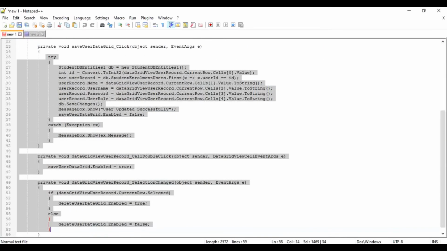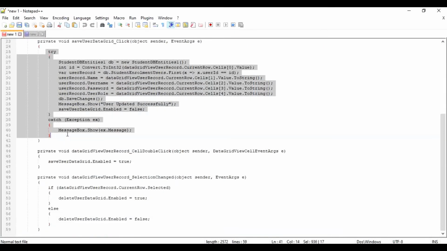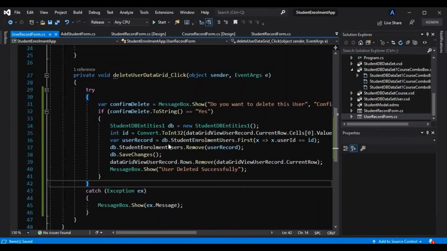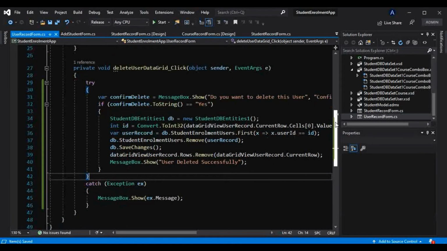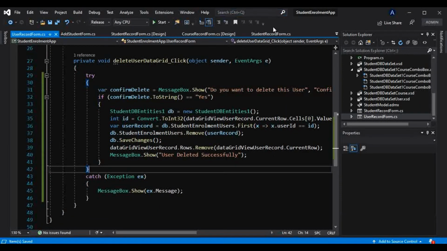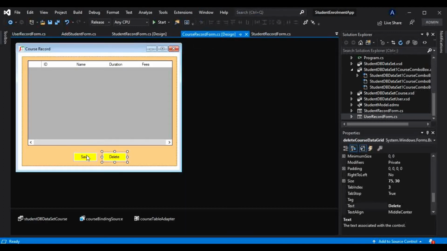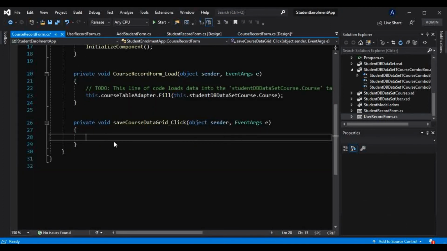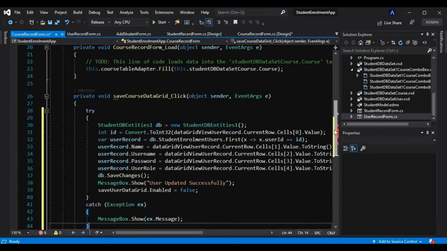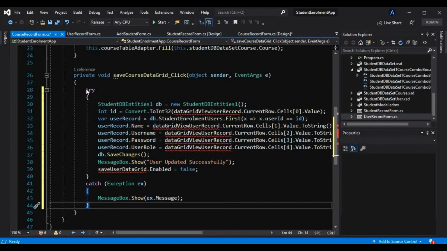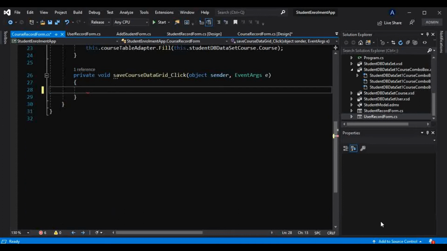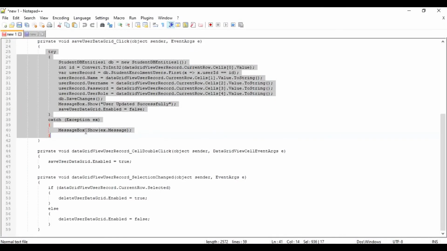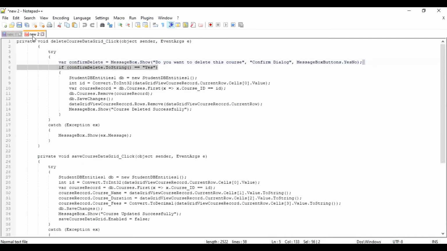Again, this save button functionality I will also copy from here only, because I have told you already that we have to save time and we have learned all these things already with that student. So now go to that course record form and I will generate that save event here, and in that I will paste this code here. Yes, it is not the code for that course, let me just get rid of that. I want that for course, that is this.